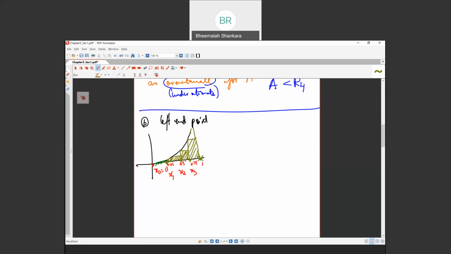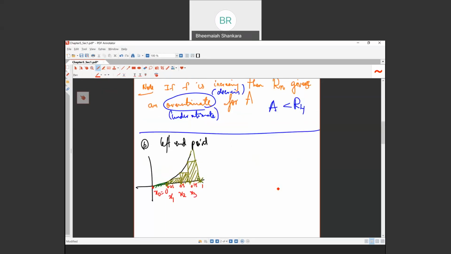So when you use the left hand point, all you see is you have area above the curve which is not considered. So you're leaving out area when you calculate area of each rectangle. So area under the curve will be L4